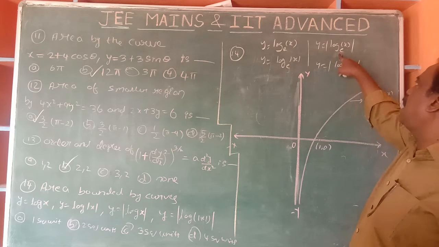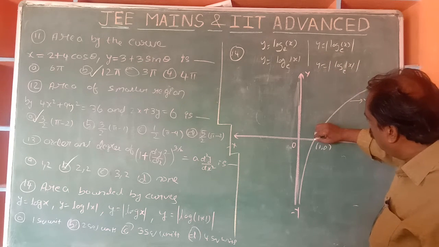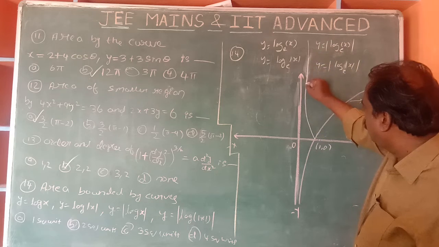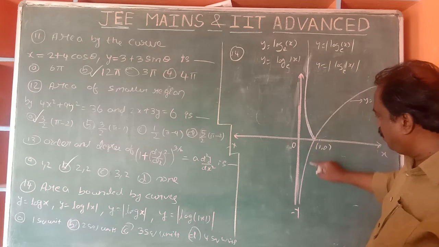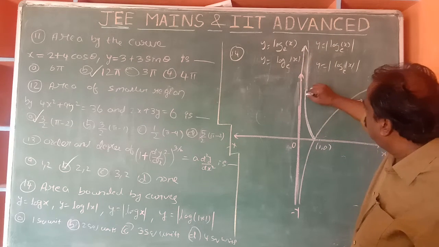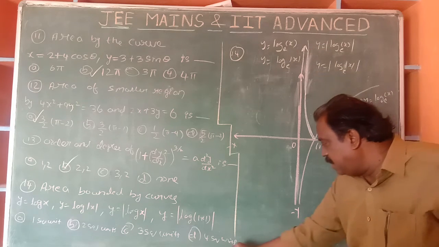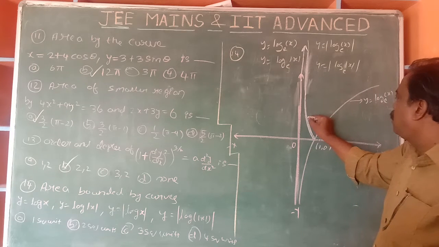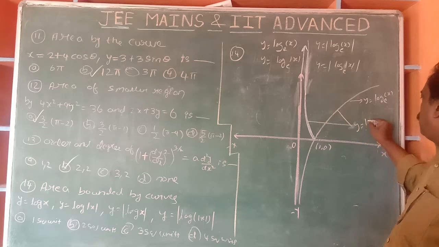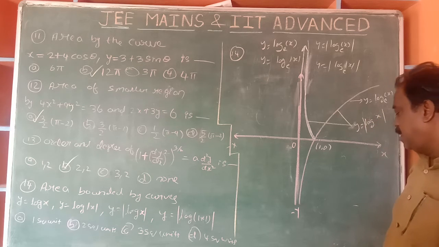Whereas y is equal to log x to base e with the modulus. Modulus means there is no negative, so the same curve appears like this. Okay now? Instead of writing this one, it is there, going on. Okay now? This part, clearly I will tell, both this one and that combined is y is equal to log x with the modulus. Okay now? Similarly,